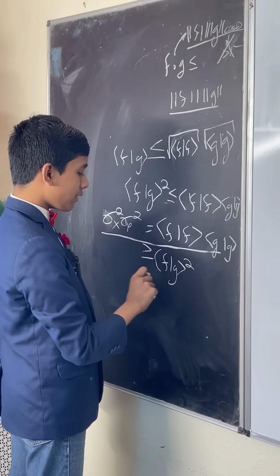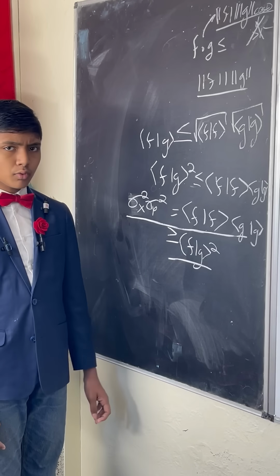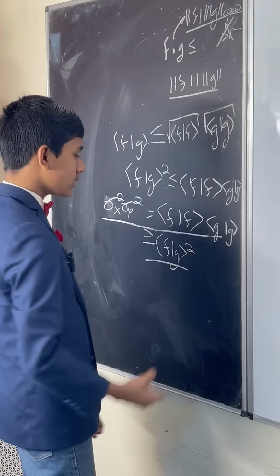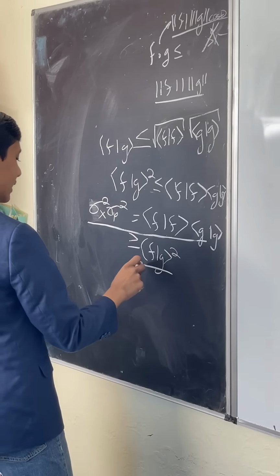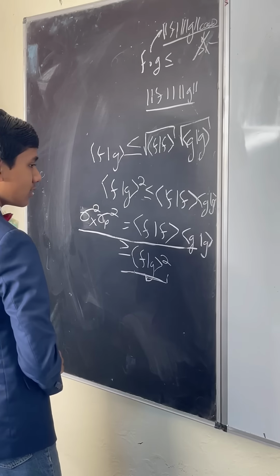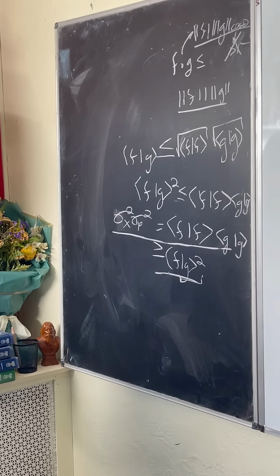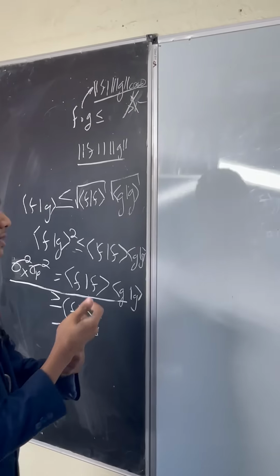So we now have this relation, but can we go any deeper? This still isn't what we want yet. Well, in fact, we can. What exactly is inside f dot g squared? Well, recall that f dot g is some complex number